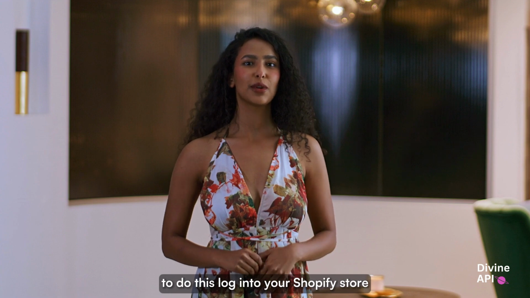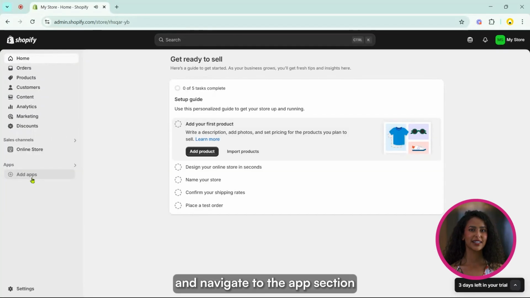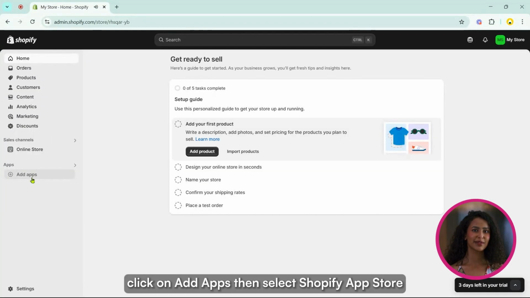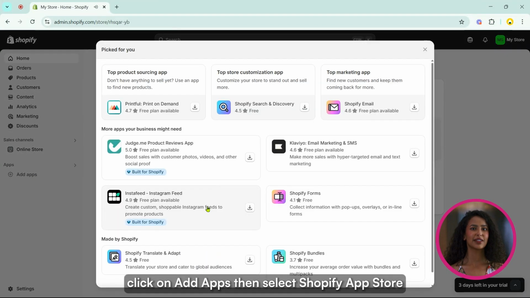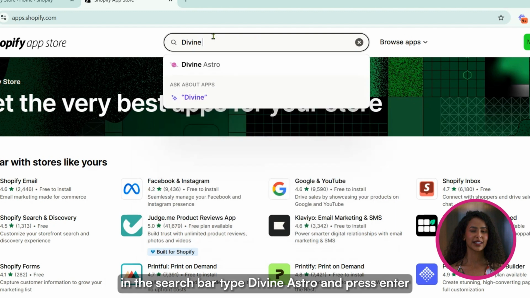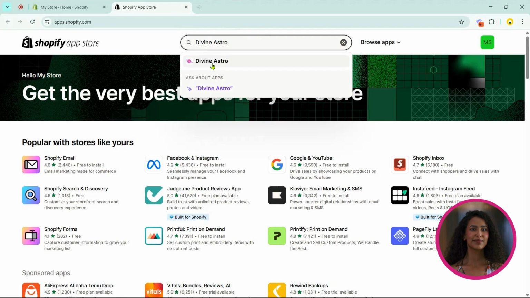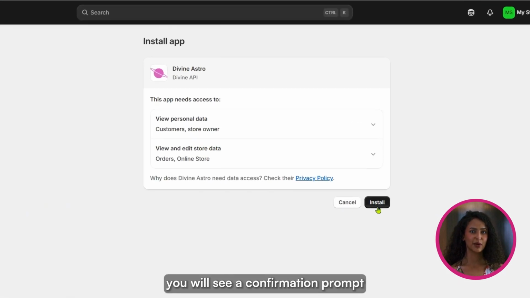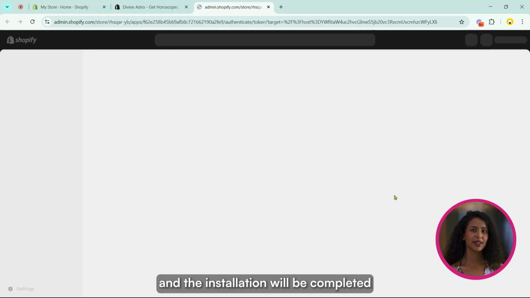To do this, log into your Shopify store and navigate to the Apps section. Click on Add Apps, then select Shopify App Store. In the search bar, type Divine Astro and press Enter. Once you find the plugin, click on it and then select Install. You will see a confirmation prompt, approve it by clicking Install again, and the installation will be completed in a